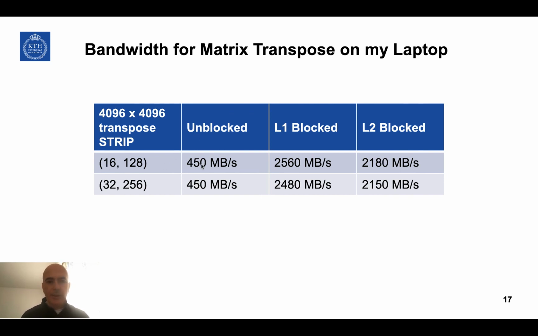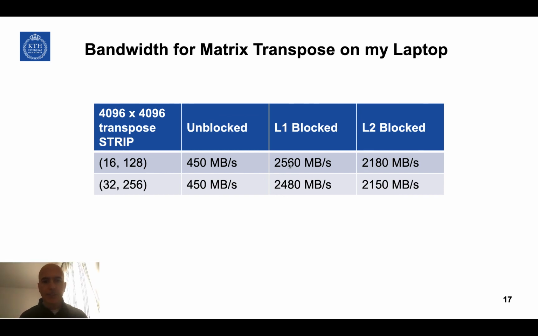For the unblocked case, the naive implementation of transpose, I get 450 megabytes per second. When I block for L1 using a strip size of 16,